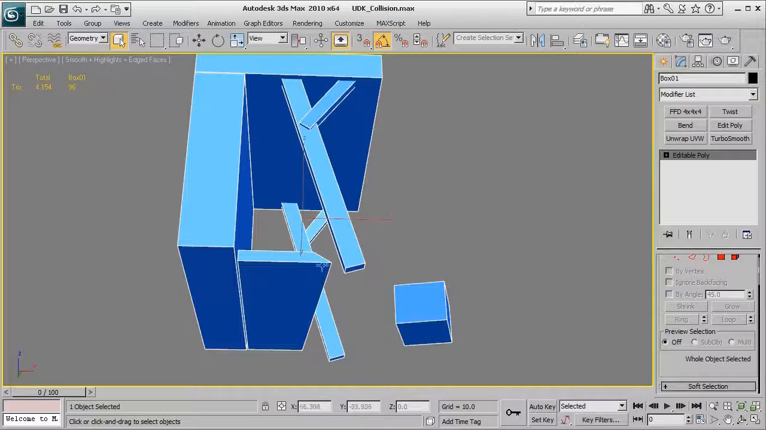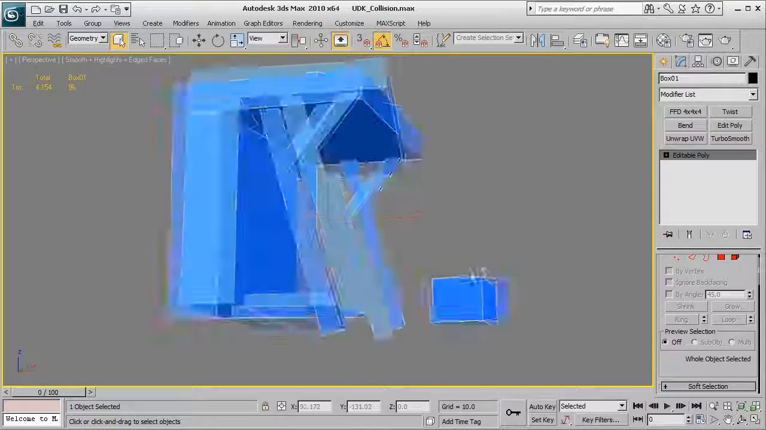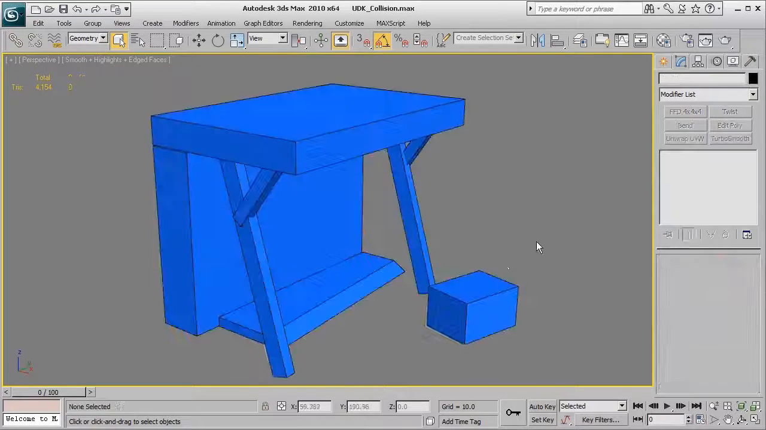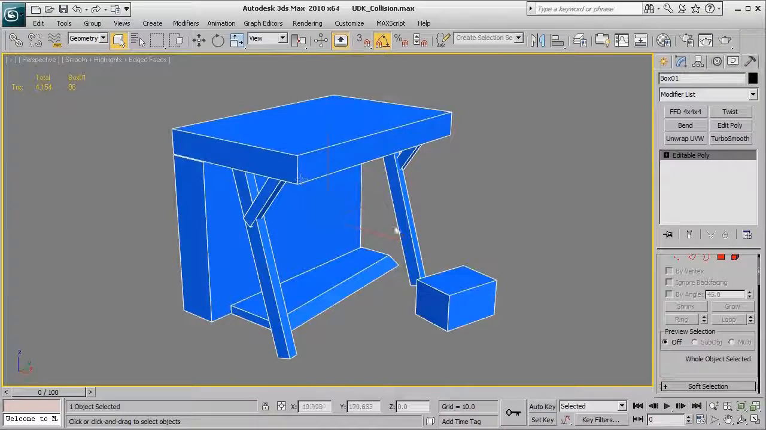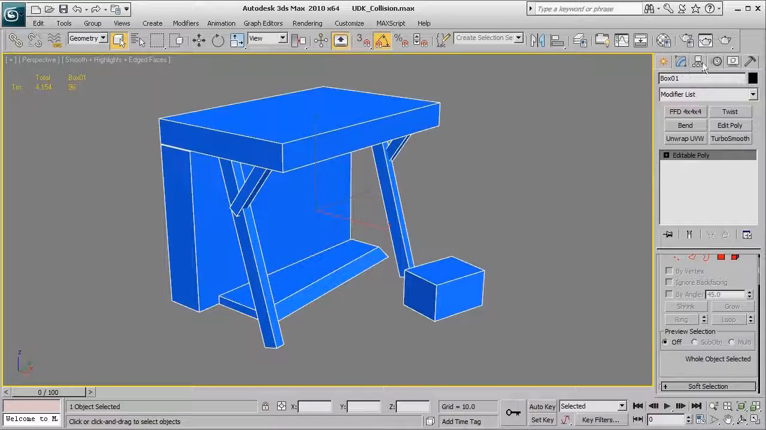You won't be able to bring it in. You could possibly get some errors on import. So really do your best to make sure that everything is a complete closed mesh. And so now that our collision is a single object, I want to go ahead and reset the transforms, and